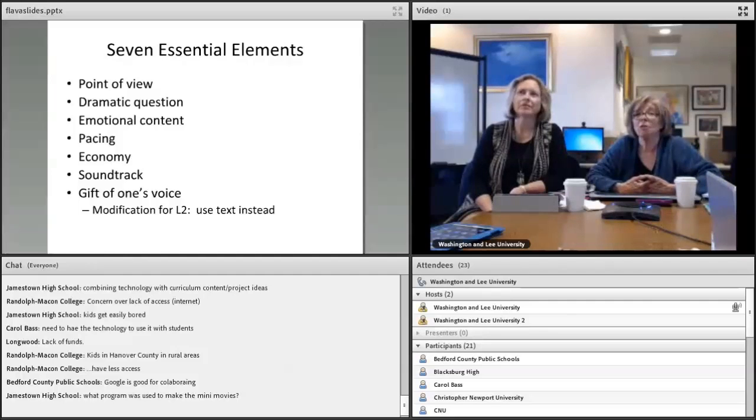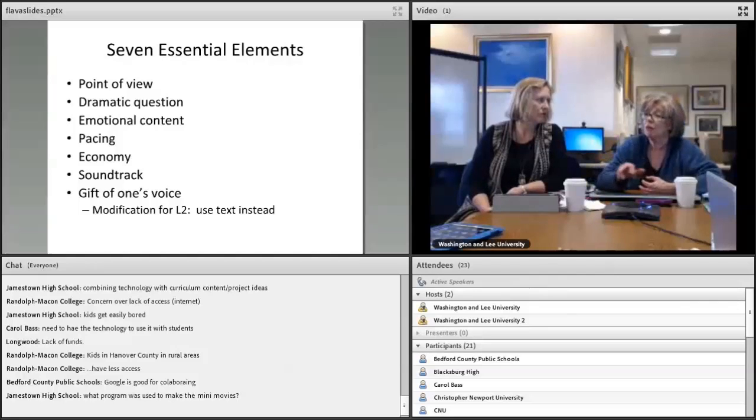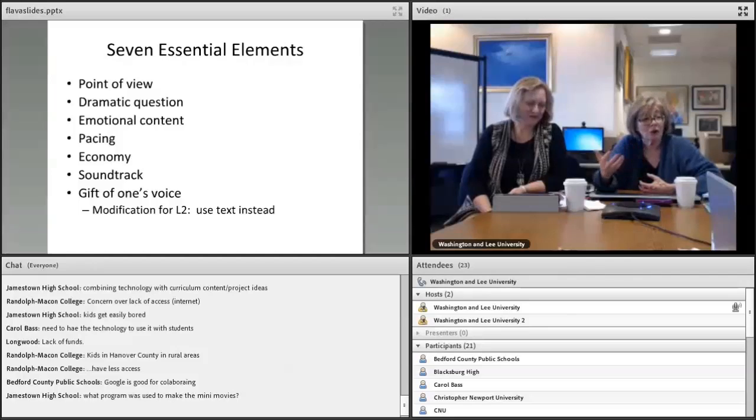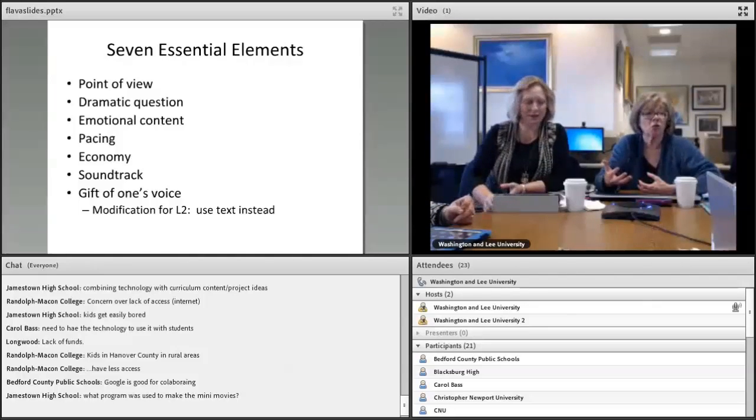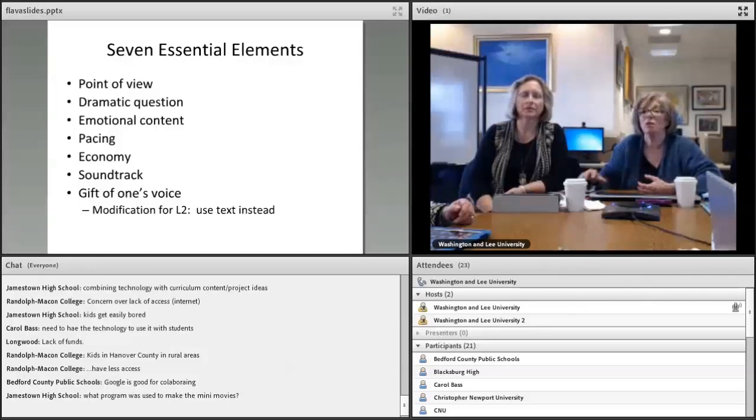But you can also modify it and only use text. Some of the apps that we found allow you not to do recorded voice, but to type in text. And so it is appropriate, depending on your instructional goals, of course, to have people do written work. There's nothing that says writing is not of value in a language classroom. So privileged speaking, privileged writing, you can alternate back and forth depending on what you're trying to get the students to do. A 15-minute digital story with only text might be a bit much, but a 2-minute one, that might be totally appropriate. So that's the kind of thing we're talking about.